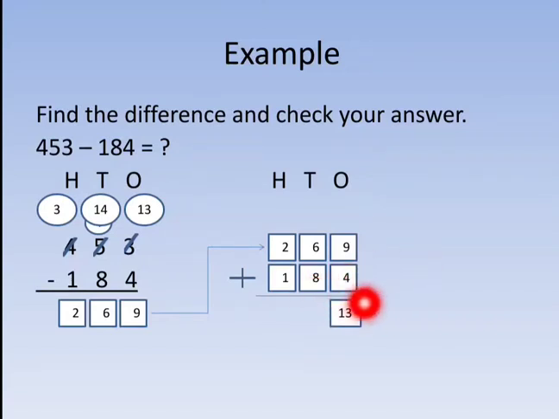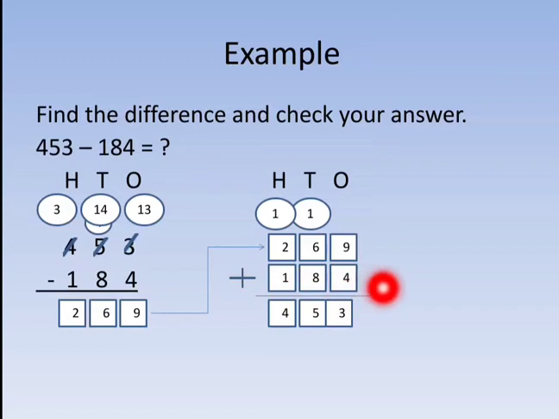Can we write 13 here? No. What will we do? We will carry over 1 to the tens place and we will write 3 here only. Now when we add 1, 6 and 8, we'll get 15. Can we write 15 here? No. So what will we do? We will carry over 1 to the hundreds place and we will write only 5 here. 1 plus 2 plus 1 equals 4, so we get 453.